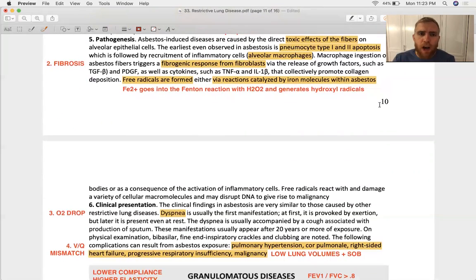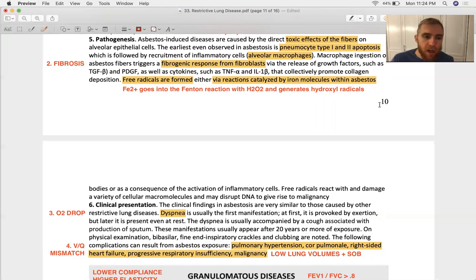So why does asbestos cause problems? Well, we know it's a particulate dust, so the macrophages probably have a tough time chewing it up and processing it. So they probably get overloaded, and then that generates some inflammation, which spills over to other cells. And that's exactly what this thing says. The fibers themselves are toxic to epithelial cells plus macrophages. And so not only do you get macrophages popped open, you get pneumocytes that just off themselves because of all the asbestos within them. This leads to a widespread fibrosis, which can be hastened by the formation of free radicals